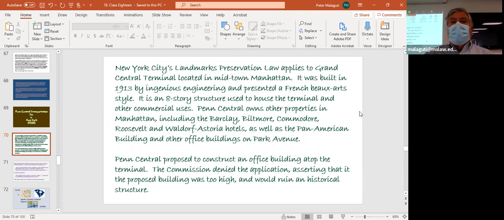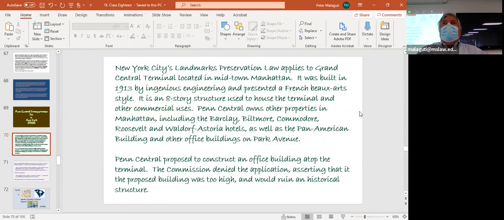Penn Central owns Grand Central Station. It's not just in the railroad business, it also is in the real estate business. And it owns a bunch of other hotels and buildings in New York City: the Barclay, the Biltmore, the Commodore, the Roosevelt, and the Waldorf Astorias. The Pan American building, that's on Fifth Avenue, if I remember. Yep, other office buildings on Park Avenue. So